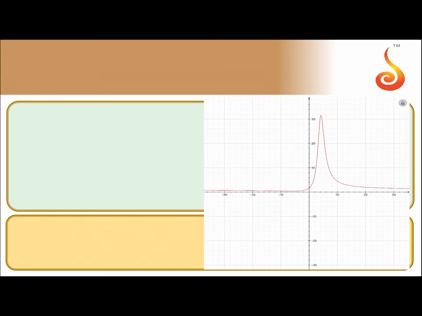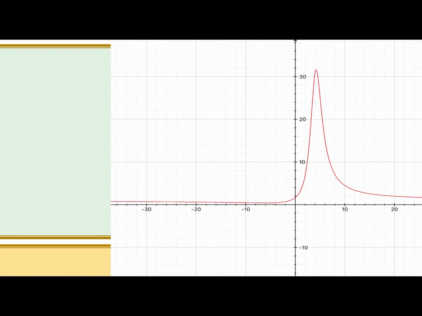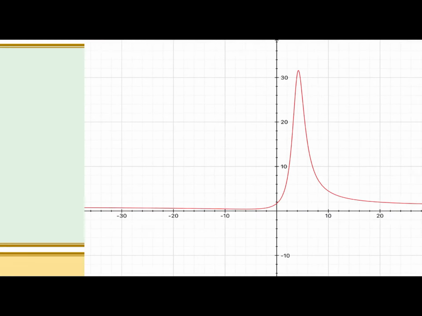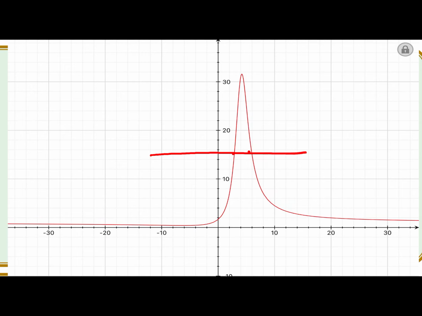Let us see the graph of it. This is the graph I have drawn using a graphical calculator. You can clearly observe that if you draw a horizontal line, it cuts at 2 points. Again, there is a point of maxima somewhere between 0 to 10, where you get the maximum value. Okay, that we will deal with in a separate chapter.